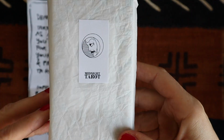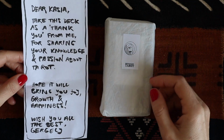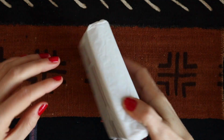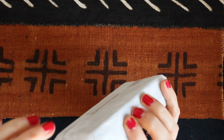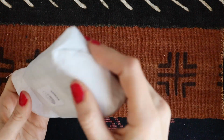It's called the Midnight Tarot. It comes from Hungary, and I just received it as a thank you, which is so wonderful. So I want to share this with you. Let's see. It's a Tarot de Marseille deck, so it's one of the traditional decks, and I haven't done unboxing forever. So let's see